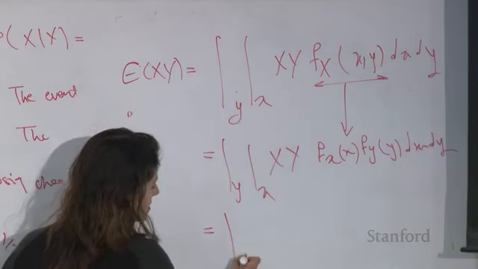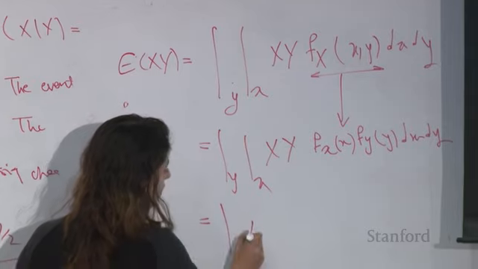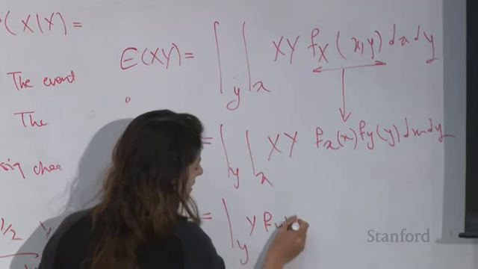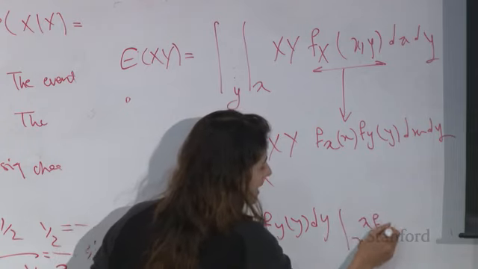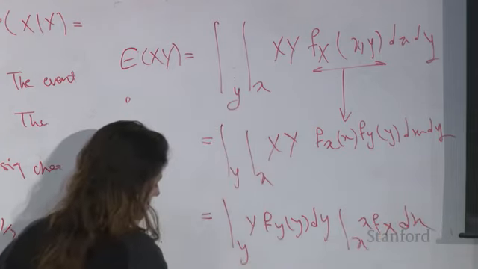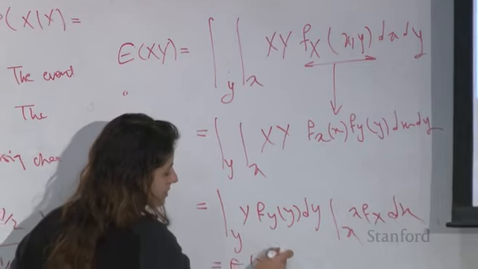It can be written as the integral of y f of y dy times the integral of x f of x dx, which is the expectation of x times the expectation